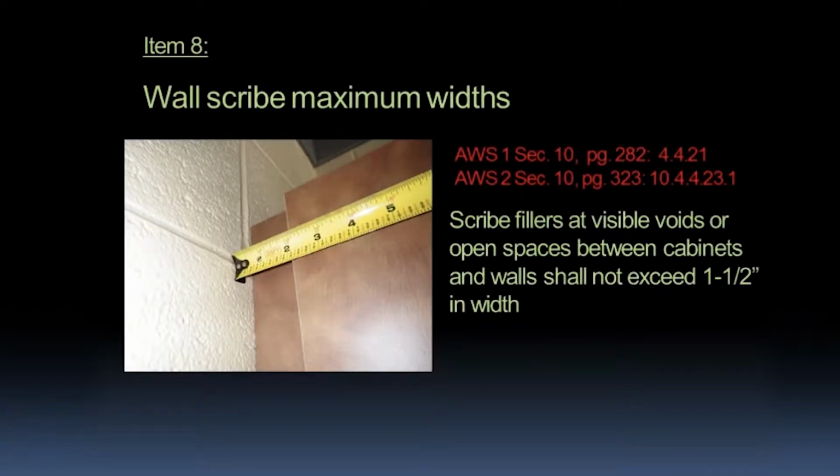Now we come to wall scribe. AWS 1 and AWS 2 wall filler requirements are pretty identical. Per both editions, there must be closure at all visible voids between cabinets and other surfaces, which of course is primarily going to be structural walls. A filler is required to be at least 3/4 of an inch thick, and where fillers form a corner, the